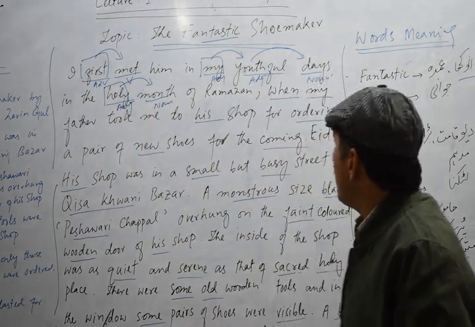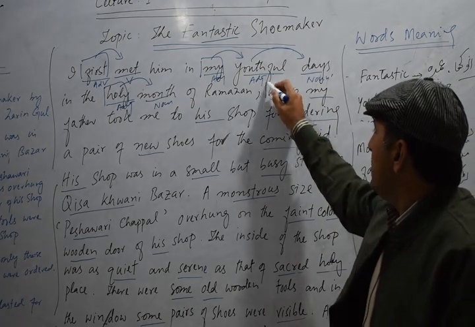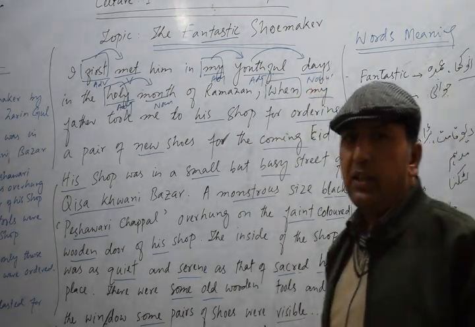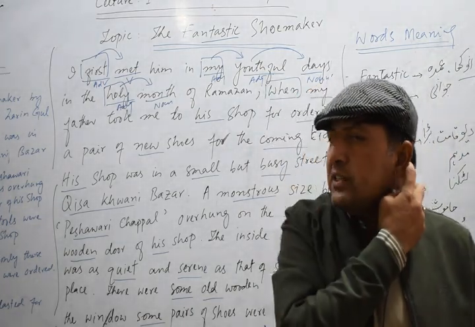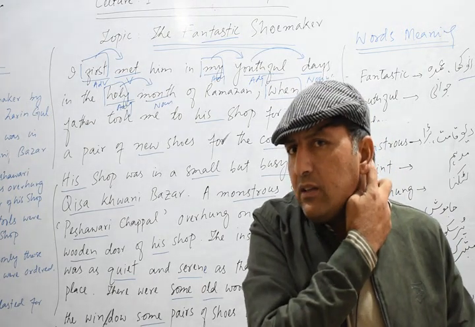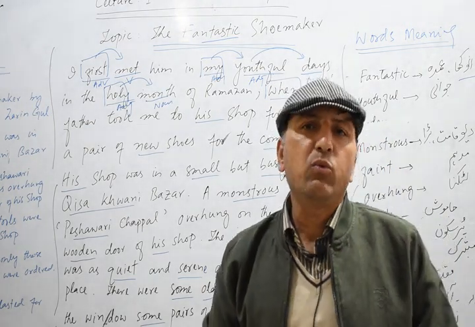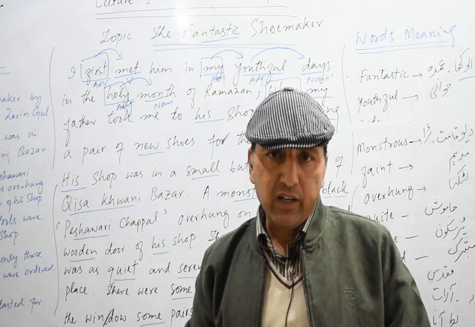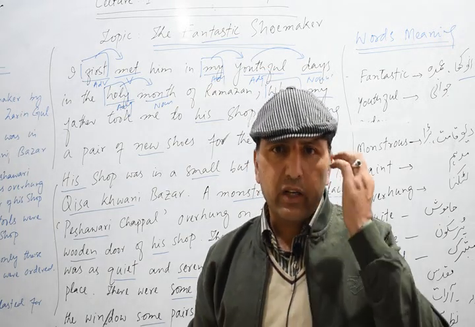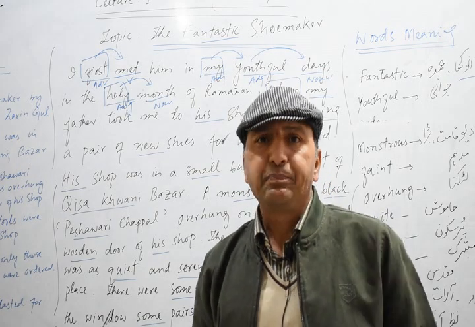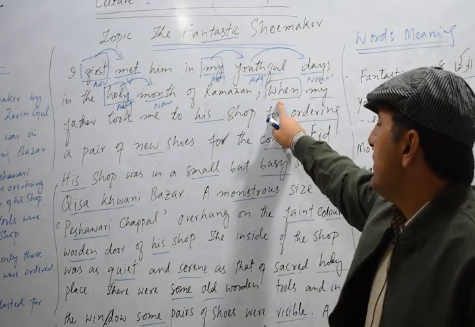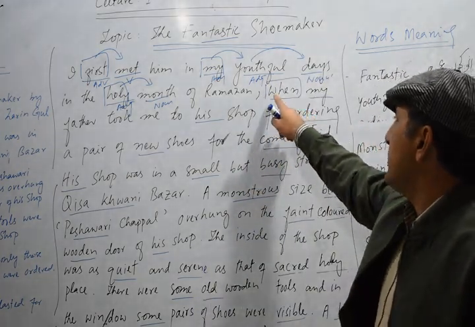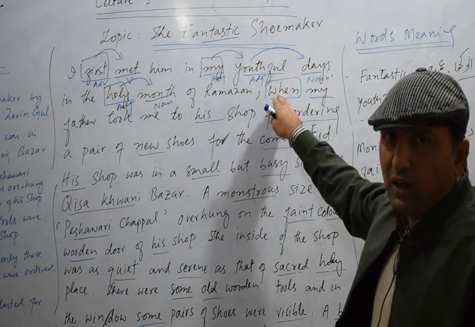Now the next word we have is when. You see, when is basically, we call this an adverb. For example, we have a sentence, when do you get up? So when is an adverb, but here it asks a question. So we call it an interrogative adverb. But you see here, it does not ask any question.